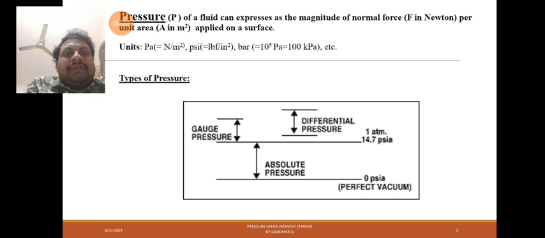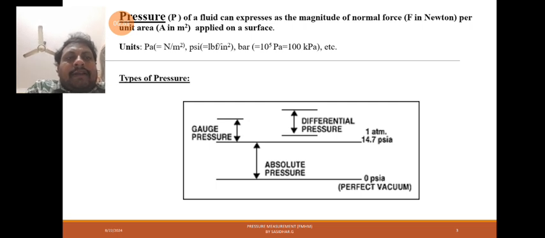In simple words, pressure is nothing but force per unit area. The pressure of a fluid expresses the magnitude of normal force per unit area applied on a surface. The units of pressure will be Newton per meter square. So we are going to see the types of pressure in this